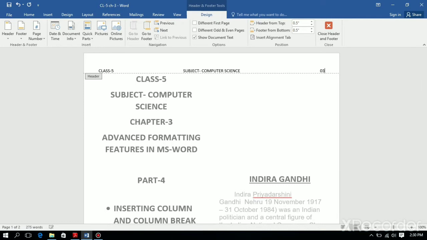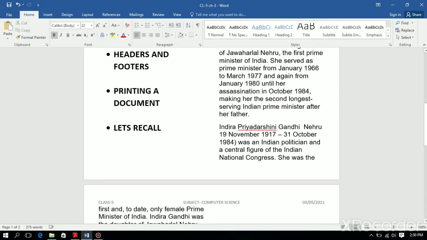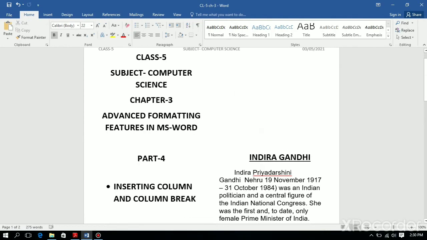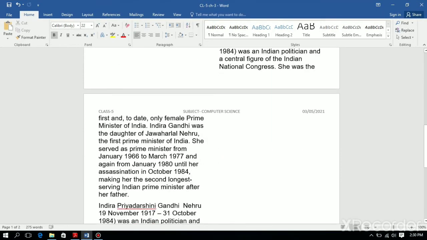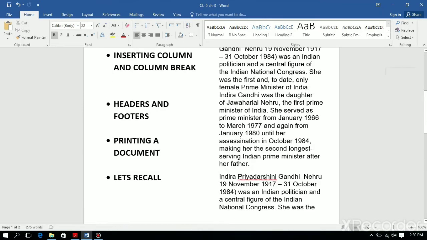Yes, 3rd May 2020. Okay, now this is my header part, and it will appear on each page. Look, this is page number 1 and this is page number 2. Automatically it will come. Now I want to add a footer also.